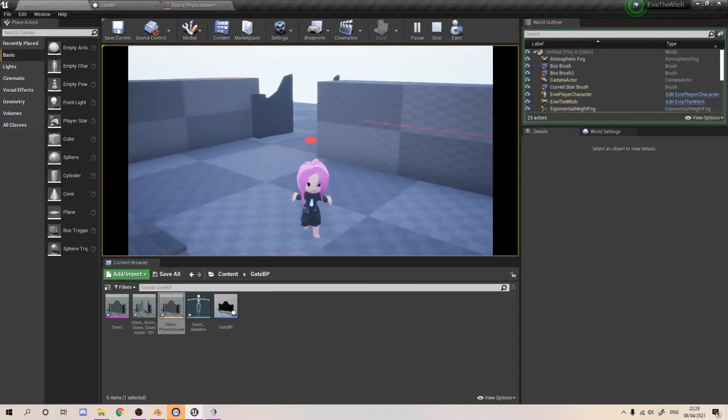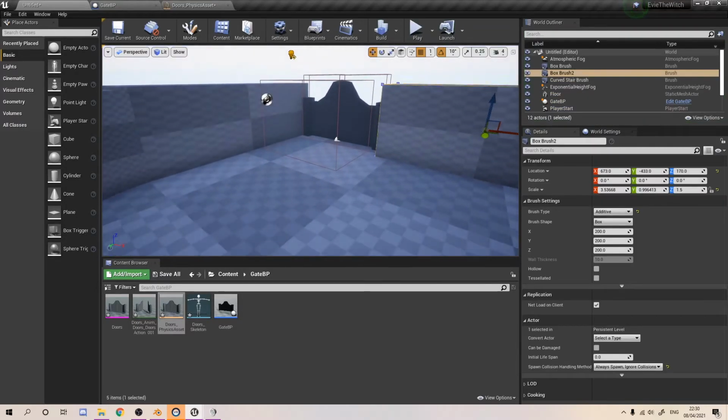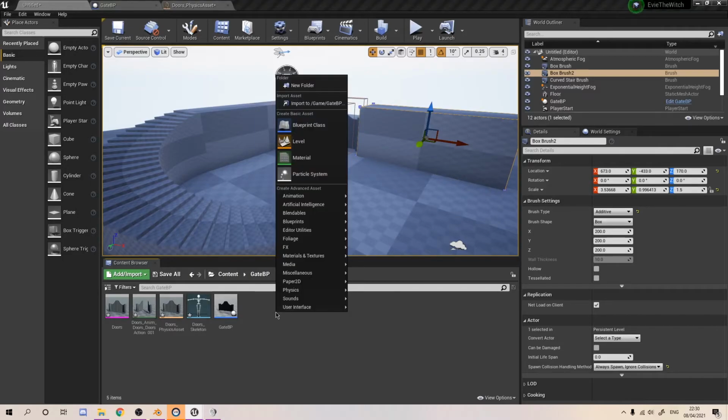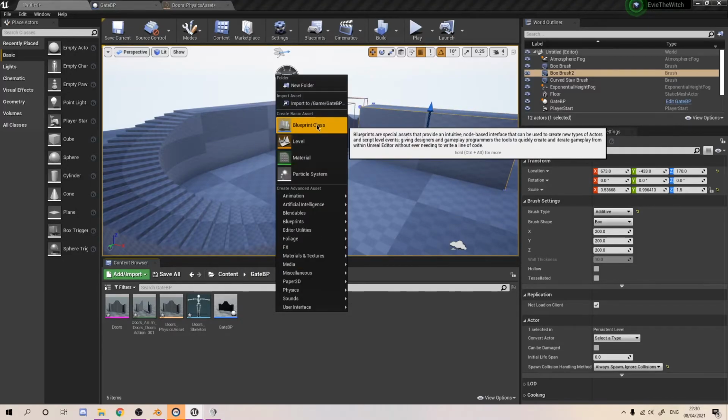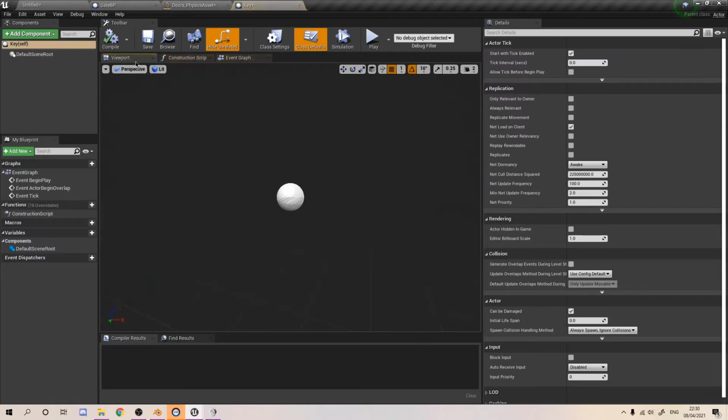Now what you can do, if you want it to be key activated, say you wanted to have a key to open this door, you could do something very simple. We'll create a new blueprint for the key. So if I get another blueprint class, make an actor, and type key, let's open him up and just do really quickly a